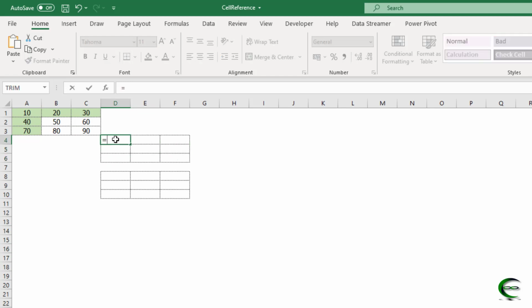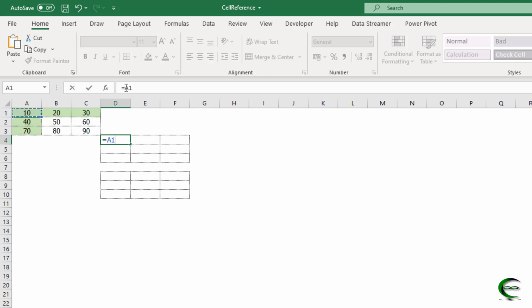Again, if I apply a formula by selecting a cell, Excel by default will apply a relative reference; to make it absolute, as I told you, I need to fix A1. Whether I move horizontally or vertically, it will always pick the value from A1.